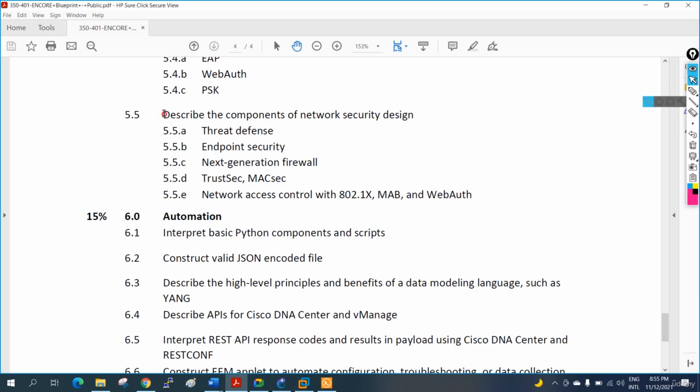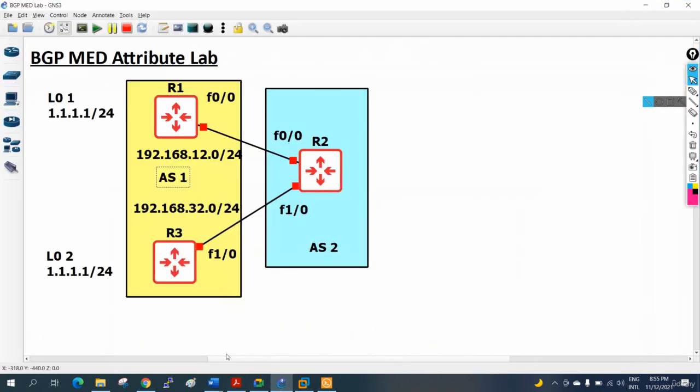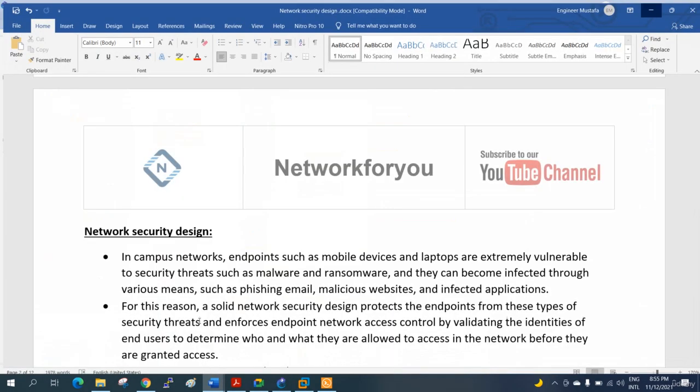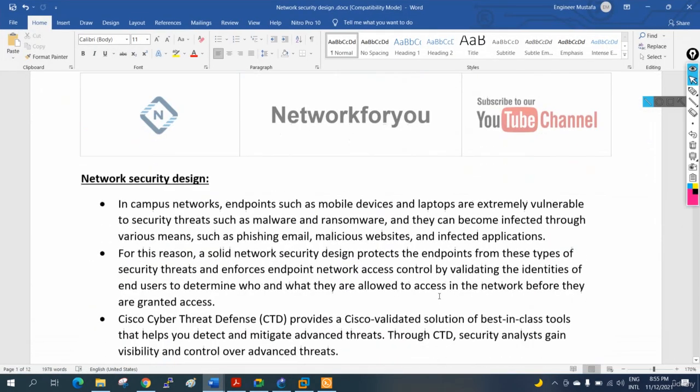This is a theoretical topic, network security design. So we are going to do this one. Let me show here. So this is a network security design. In this one we are going to have